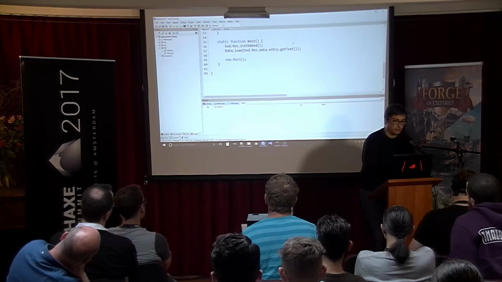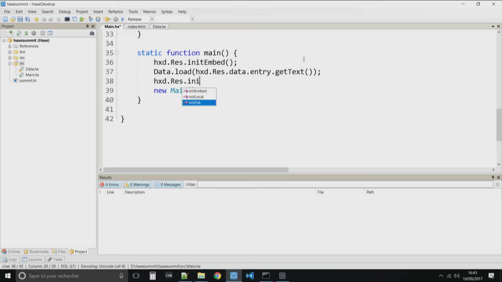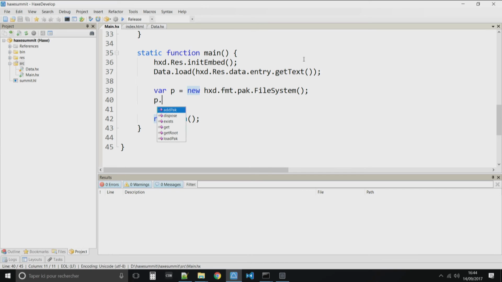It's pretty complex, but you will go HashLink init. You will just have to create a custom file system with a pack file system, what I call. So it's a new HXD file system. Pack. No, it's actually format pack file system. So this is a pack file system. It's just a file system which is at the base of the resource management that allows you to load different things, and you can add in several paths. You can add pack files, which is just a file input which can be in memory or on drive or whatever. And so what you would do is first have one specific file, maybe embed, or just you load it